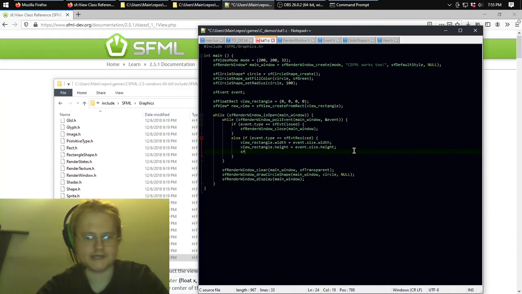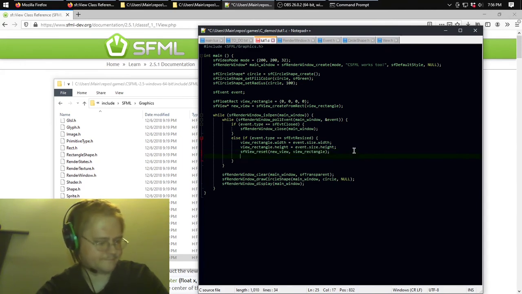And then we're going to reset the view based on this float rect. We set new view to view rectangle, and then set the view as the active view for the window. SF render window underscore set view main window new view. And while we're at it, I'm going to be a bit more proper and destroy the circle shape to clear its memory